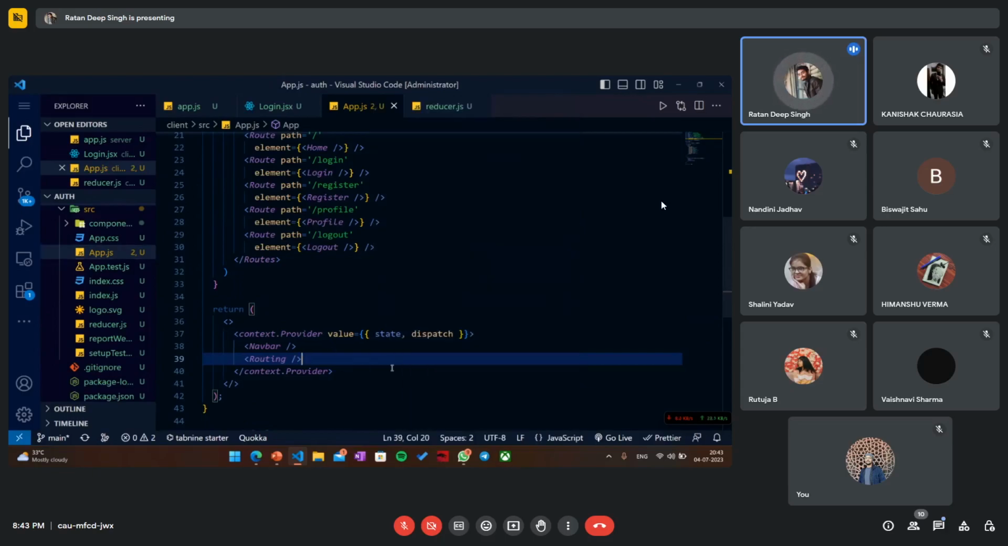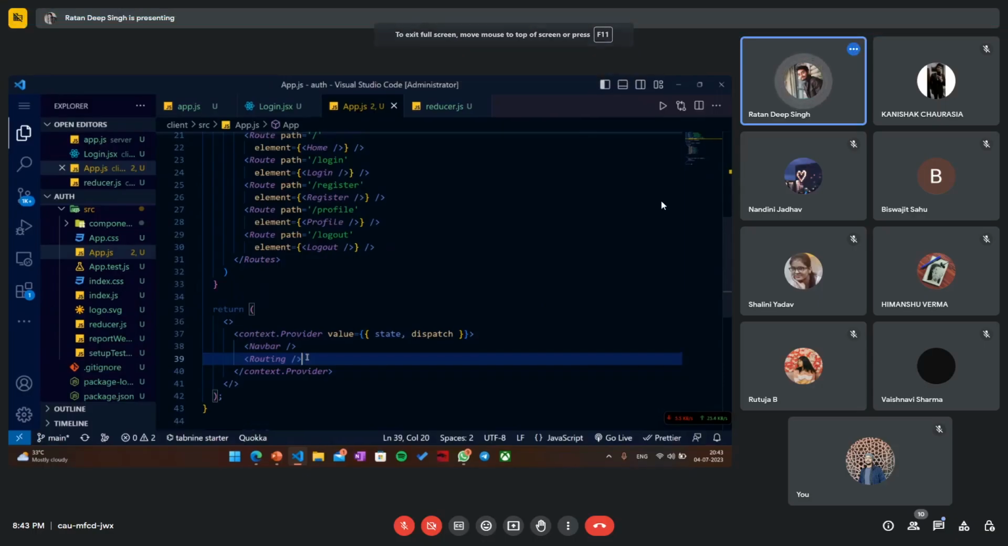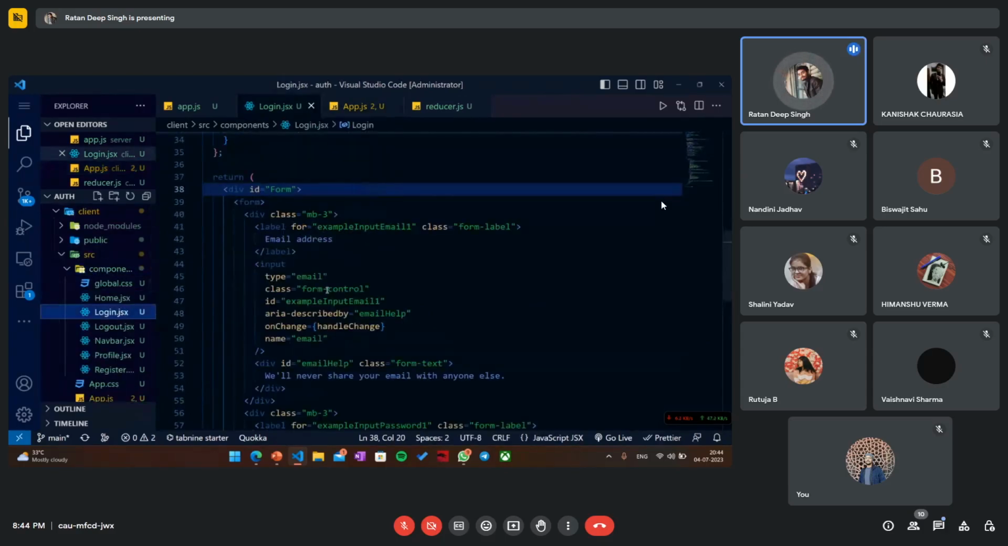Now, how does a context API work? Actually, we studied props yesterday. In props, we have to pass props in each component throughout the component tree. But in context API, we just have to pass the context to the root element, and any child element, doesn't matter whether it is an immediate child or normal child or leaf child, can use context API anywhere in the app. So we have to use this context API in our login component so that we can change the state to true